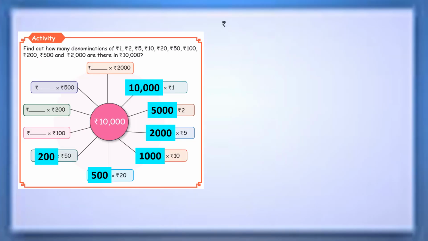Then let us focus on 100. Here it is very easy. Cancel 1 zero and one more 0 is also there. So now just 100 only, isn't it? Fine. So 100 rupee notes will be needed to get 10,000. So if we multiply 100 into 100, we get 10,000, isn't it? Yes, that's cross checking.